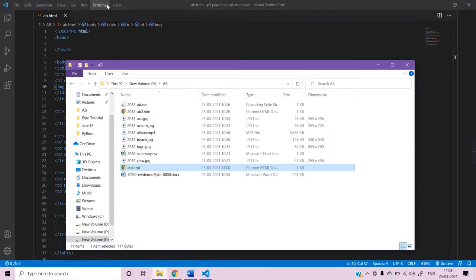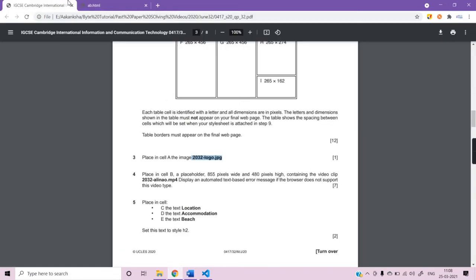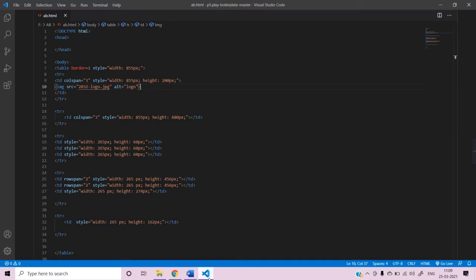Next up, it says, going to my browser, place in the P placeholder this height containing the video clip. Okay, so here it will be a video clip. Display the automated text-based error message if the browser does not support this video type. Okay, so for that I'm going to use the video tag. Going back,